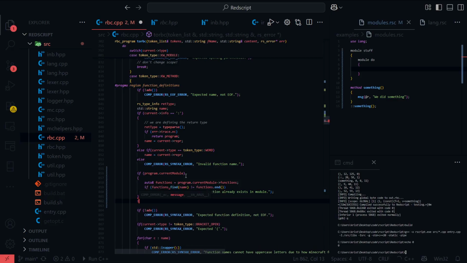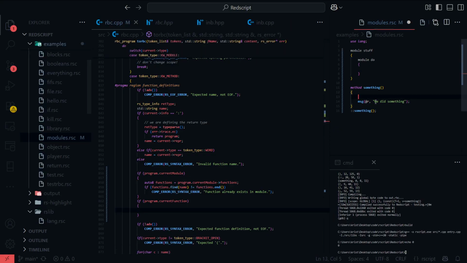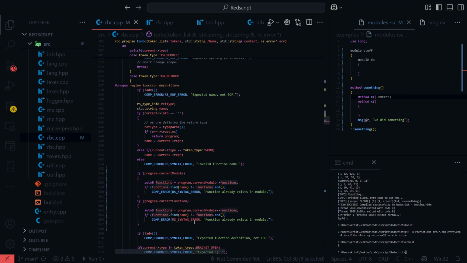Okay. If we are in a program.current function, remember nested functions work, so we can have method something, and then if we had method x and gave that extern, and then we had method x like that and gave that extern, or gave it a body or something, well, obviously that's two of the same functions, so we're going to do the same thing with all of this. If program current function,